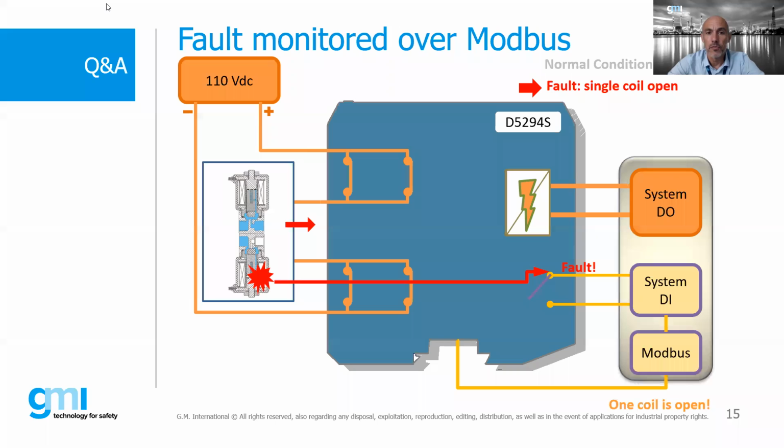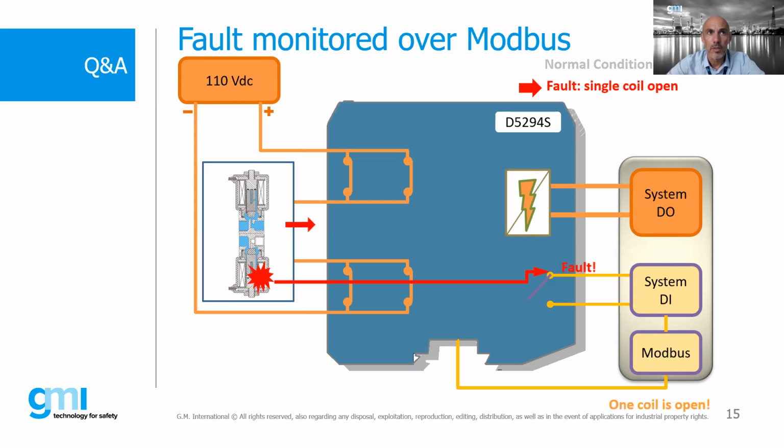Modbus, basically, if you have different relays connected in one application, you can use just one Modbus port on your DCS or PLC that is able to acquire all the different relays connected. So you don't need a single digital input for any relay connected. One Modbus port can read all relays connected. The other advantage is you can have a very long communication distance, up to 1,200 meters.